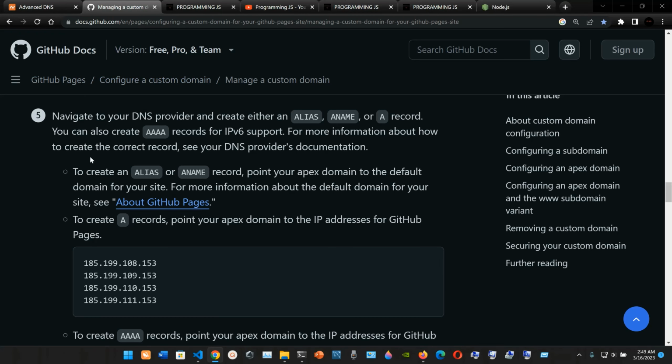I'm going to add this link of the GitHub documentation, where we navigate to your DNS provider and create either an alias name or an A record. You can create AAAA records for IPv6 support, but to create A records, point your apex domain to the IP addresses for GitHub Pages. So we are going to use these numbers here, and it's going to be 185.1, or it's going to be